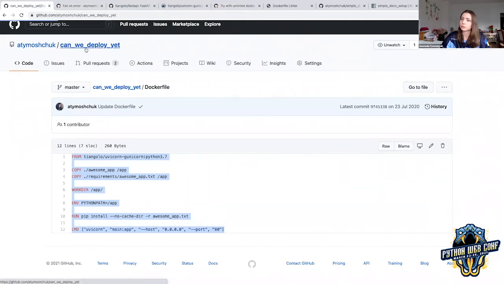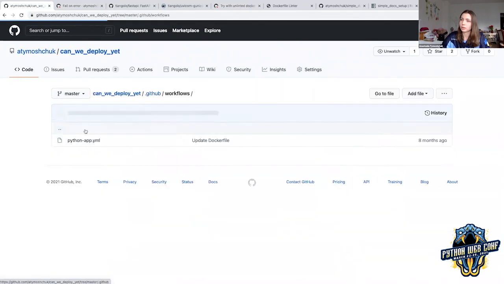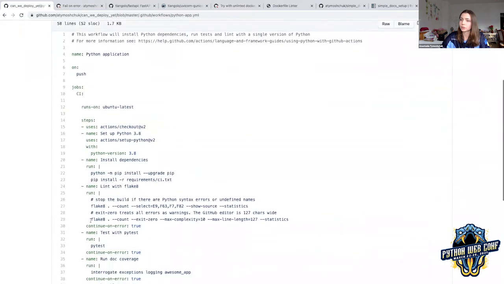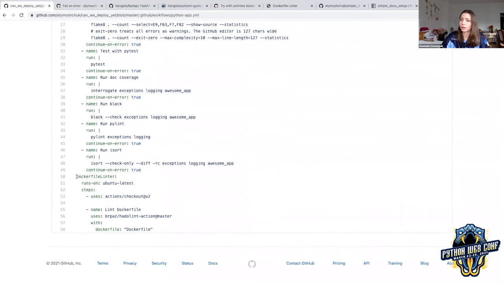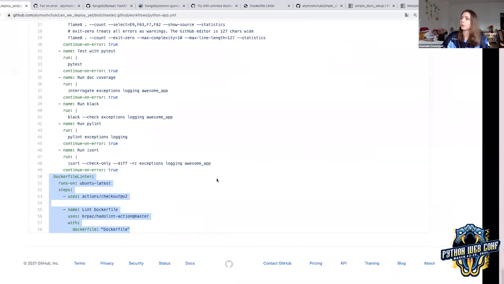And you can see it here in the workflows, in the actions. I added it as a separate step, lint Dockerfile, and then this is from the creator of Hadolint, or maybe somebody integrated that, and we are checking the Dockerfile. So that's it, super simple, and also easy to check and improve on that.